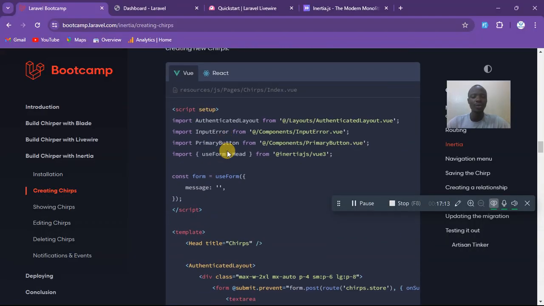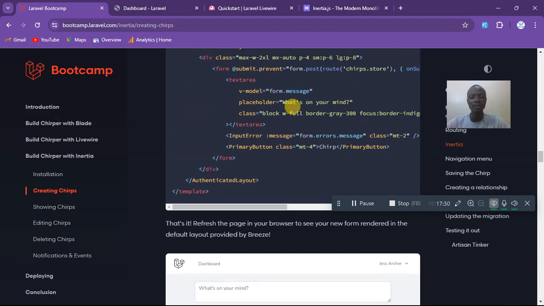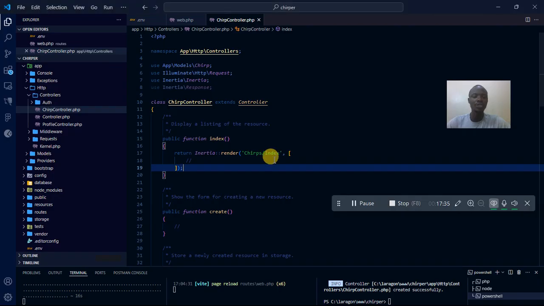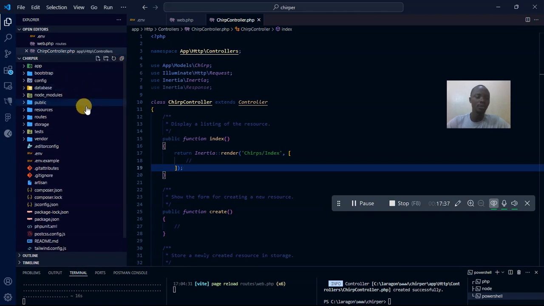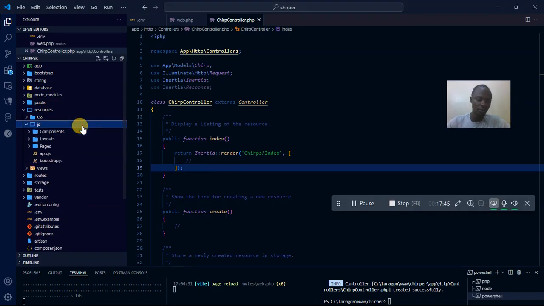So now we should have this page by now, but if we don't have it, we're gonna create it. So let's continue. We can then create our front end. Index means the first thing you want users to see. Don't forget. All right, so let's scroll down and let's see what we need to put in. Okay, so let's go and check. Close up this again, come to resources, come to view. So it is not there, but in the JS. So under the JS, we're gonna have